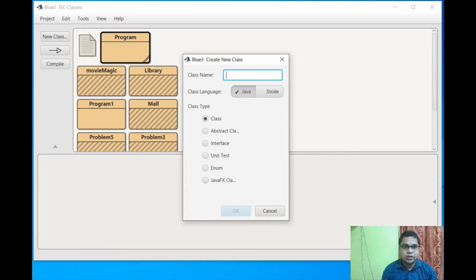Now create a class, my class name is sorting array.